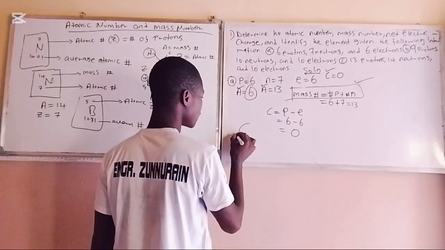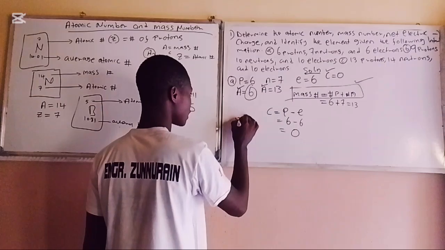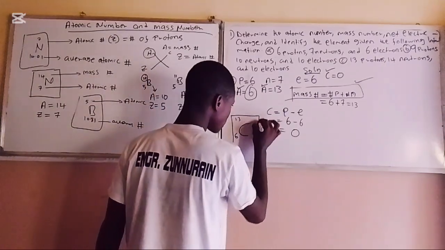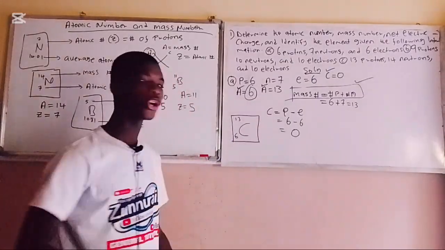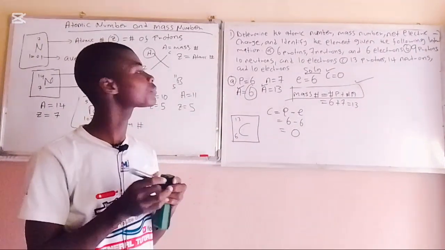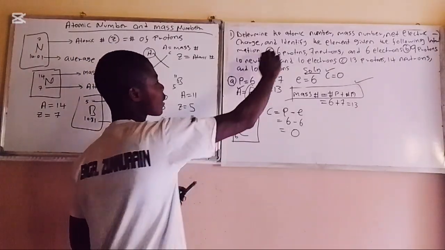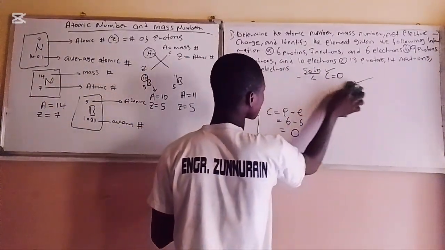So I have to write the atomic number, which is 6, and the mass number, which is 13. This is the element, and it has a charge of 0, so no need of writing 0. This is for the first question. Next, we are going to move to the second question, which says that